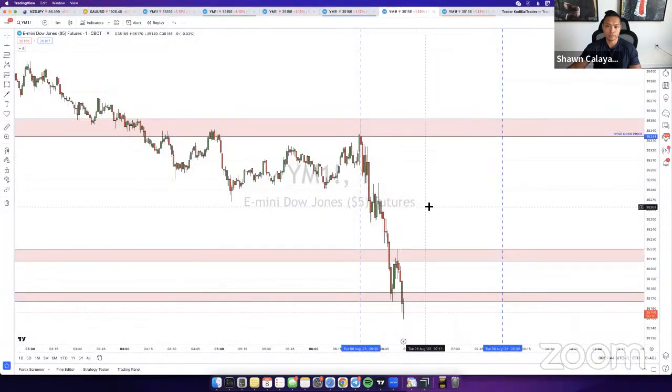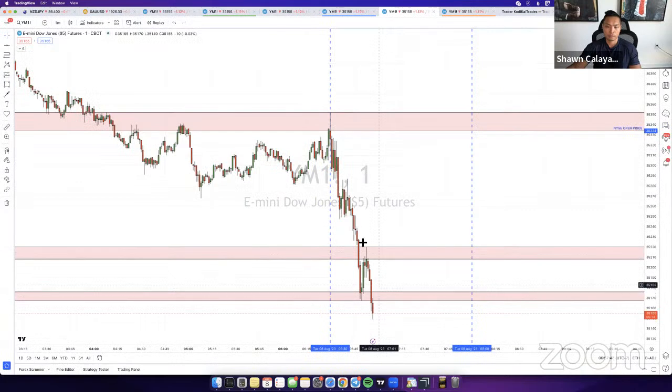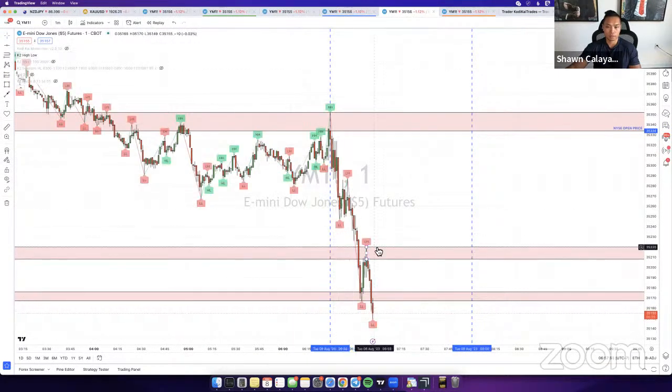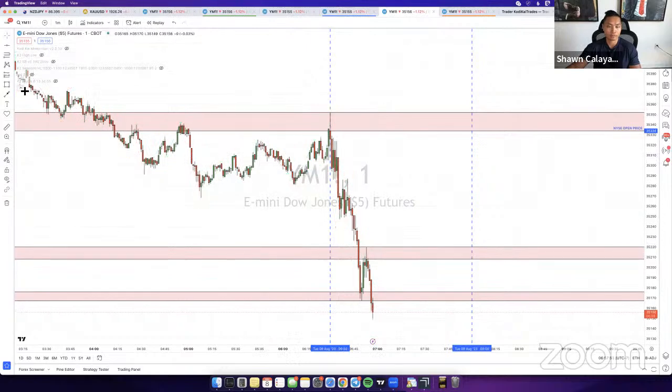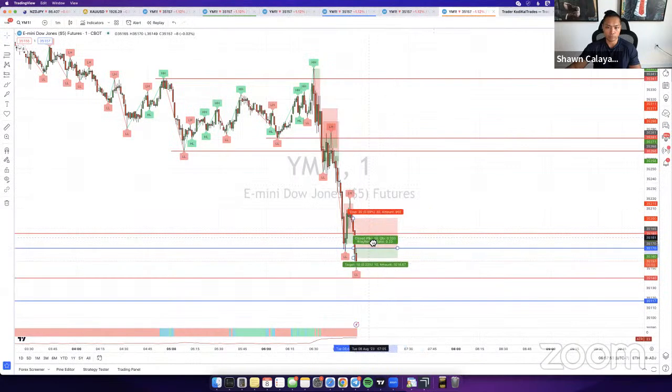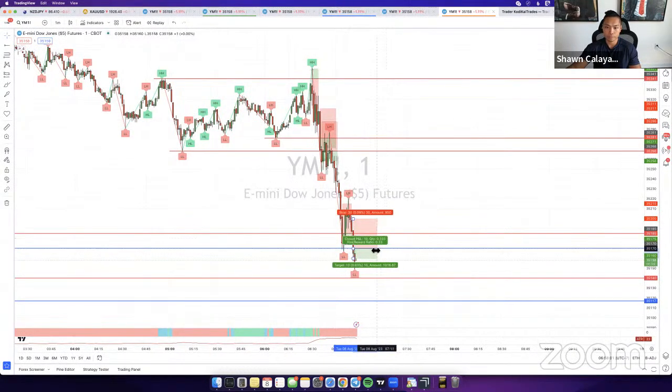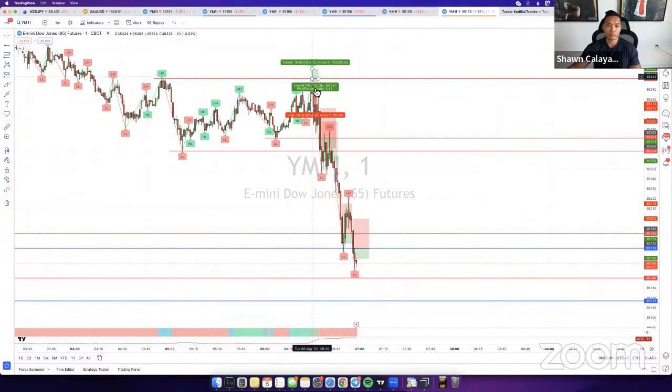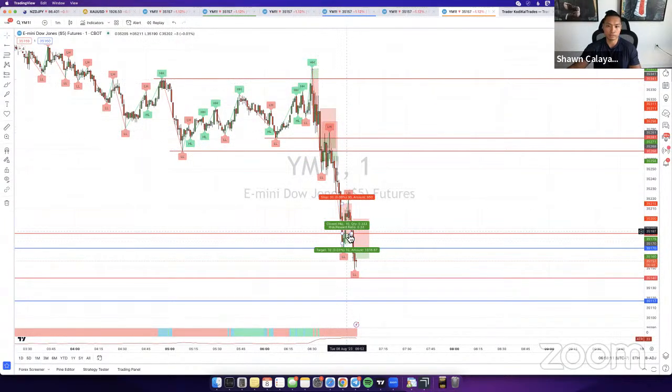See if there's anything else here for us to look at. So that low right there just got broken. We'll just leave it as is for now, and we'll see where it ends up going. That next level of liquidity right here, guys, if you took it, it went right through. So there goes that next level of liquidity. Pretty much every liquidity level that I marked up from this morning got hit: upper level here, this level here, this level here, this level here.